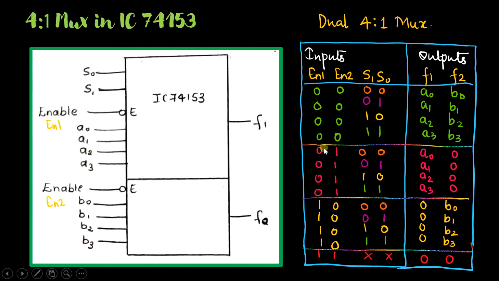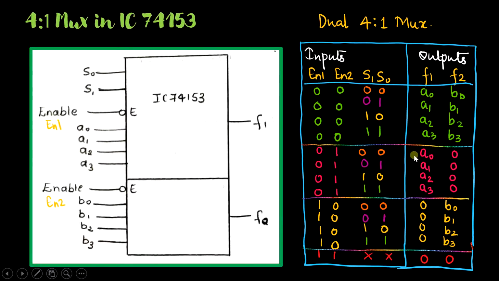Whereas in the case of the second partition, which is shown in pink color, when the enable input is 0, for different select inputs you obtain the output function for F1, whereas because the other enable input is high, you get output equal to 0.